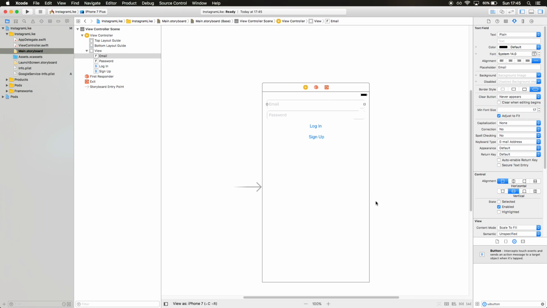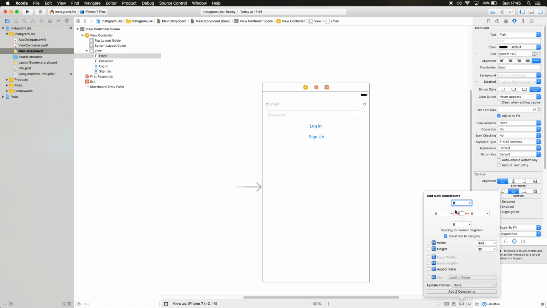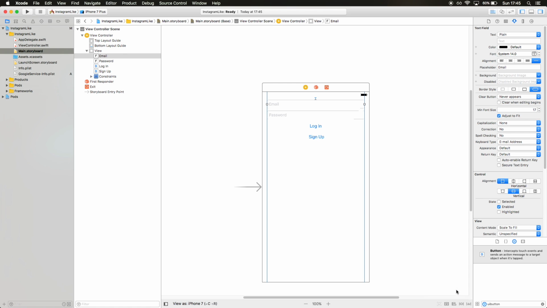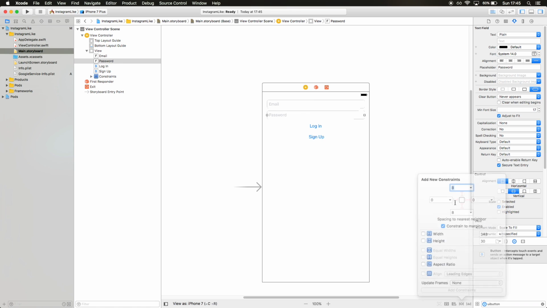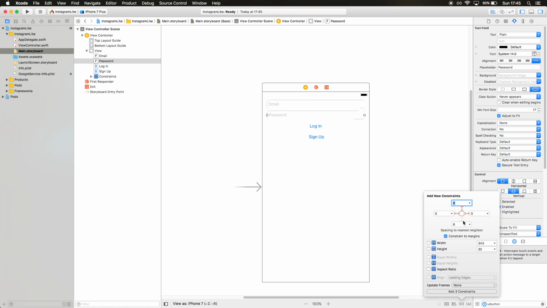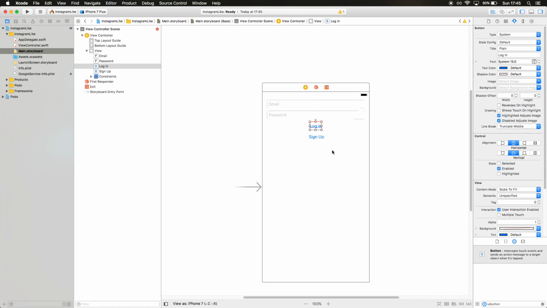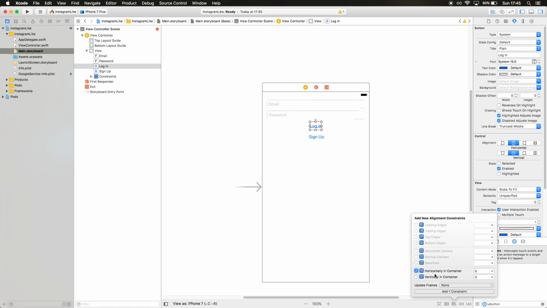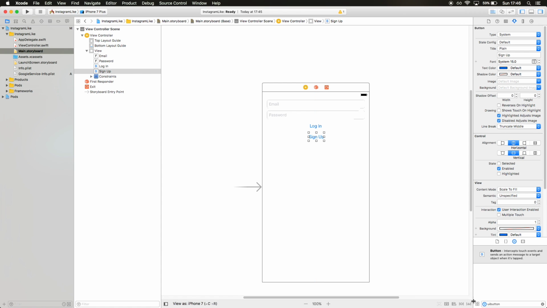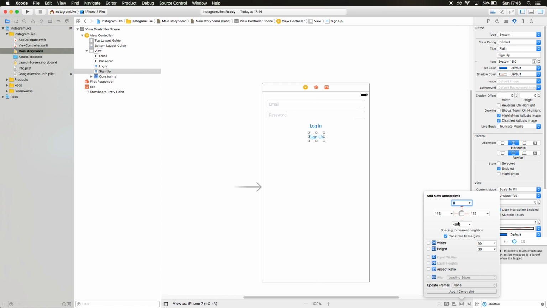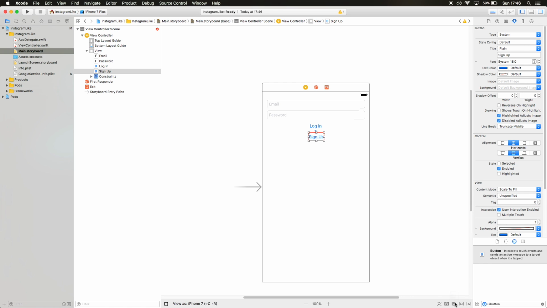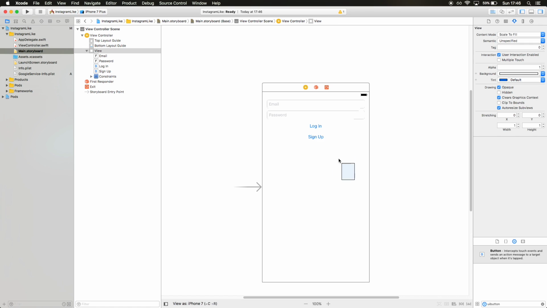And now let's go and add constraints to our views. Now I want this expanded to margins, and from the top 8. Very good. Same one for this, 0 and 0, and I'm going to put 8 from the bottom, and this one is going to be centered horizontally, and this one is going to be 8 pixels from the top and centered horizontally. Now everything lies perfectly in our view,